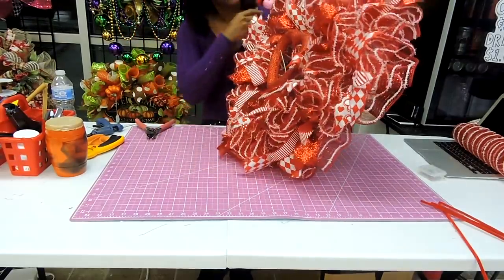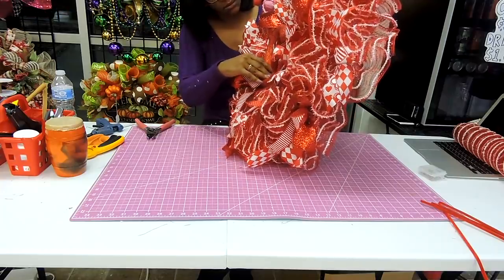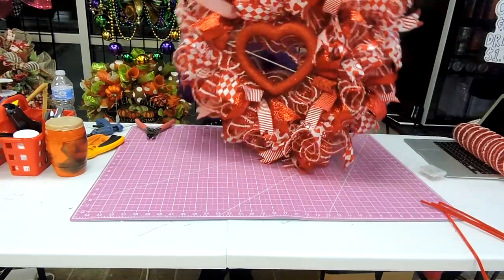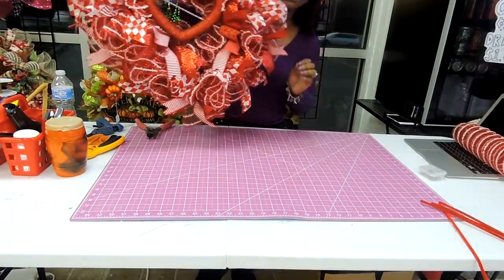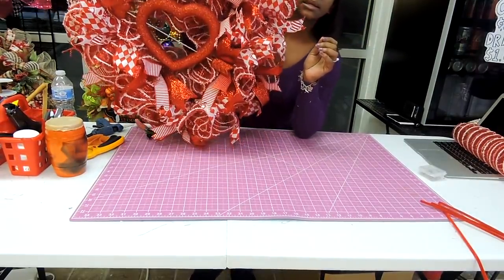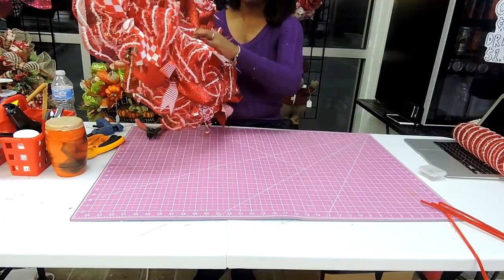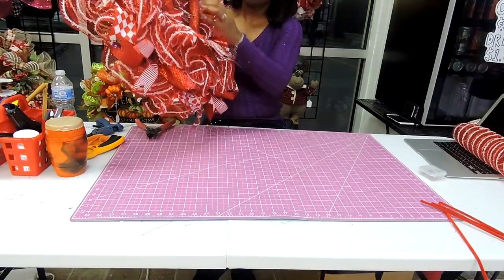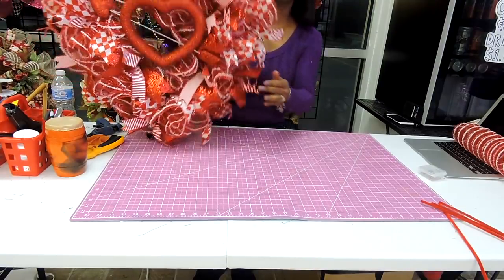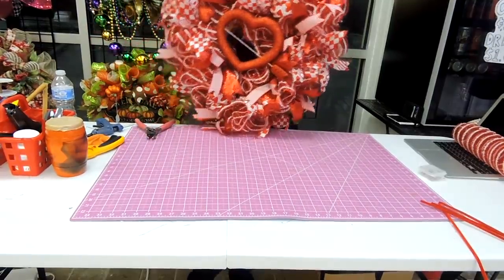Seems like it's still a little crooked, but I don't think it is. Let's see. Gonna hold it here straight. Yep. My poor little heart doesn't want to get straight. There we go. So if we're holding it here,